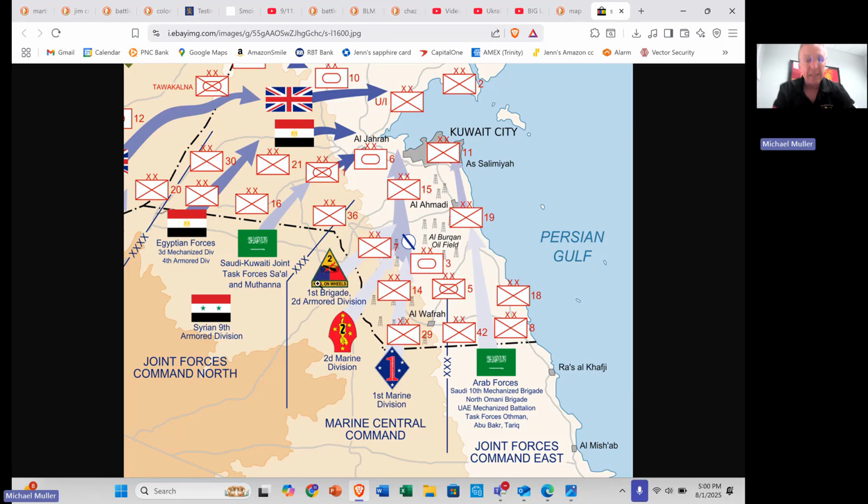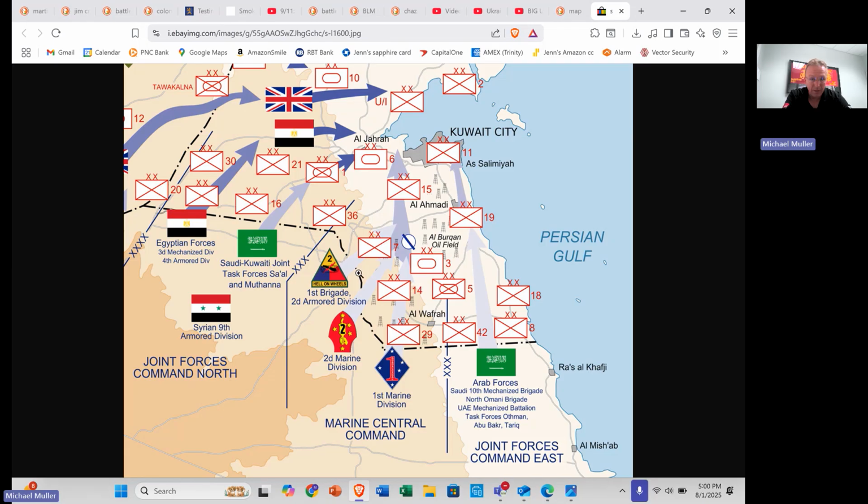The Army brings the entire Second Armored Division. They bring a lot of combat power to the table, and there's some other Arab forces over here. What happens is the Marines end up being sort of the blocking force, so to speak, though not even really a blocking force. They attack across the breach in an effort to pin the enemy, to hold them in place as they come across the breach.